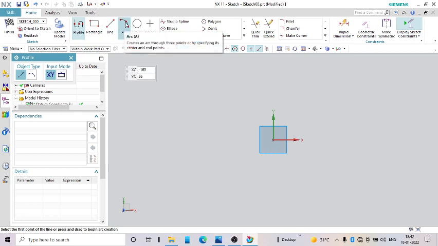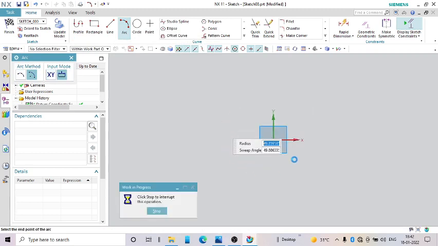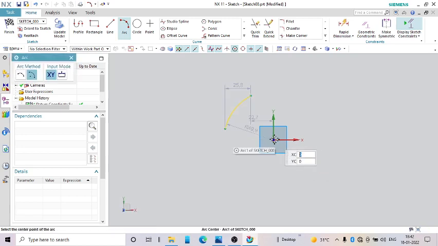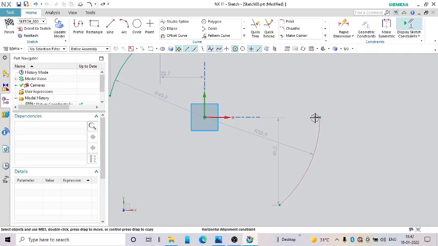Let us draw arc, center point arc from this center, here one arc, and same thing, this as center, and we will draw one arc here also. This horizontal, we do not need the horizontal constraint. Whatever is not required, we'll delete.